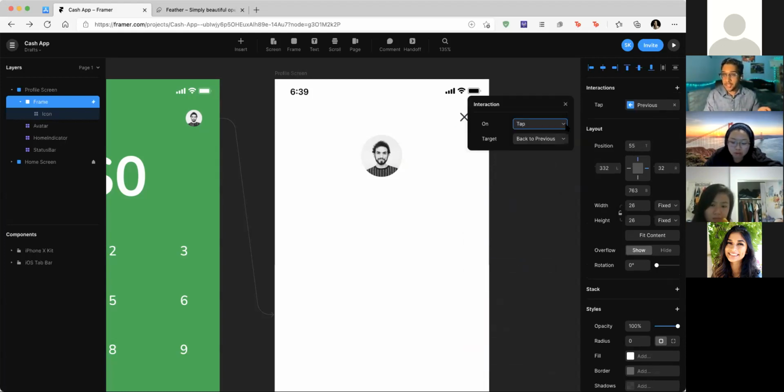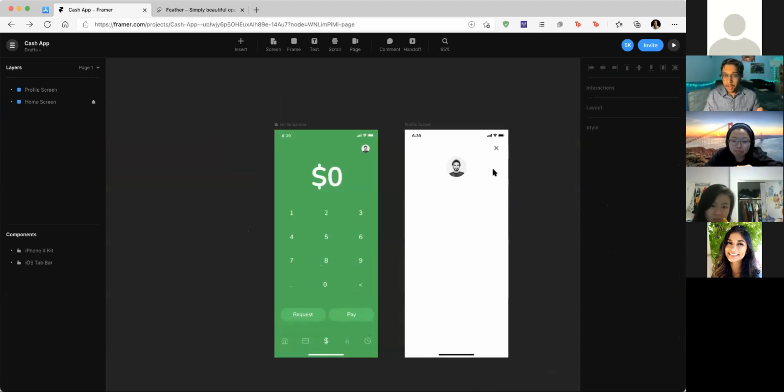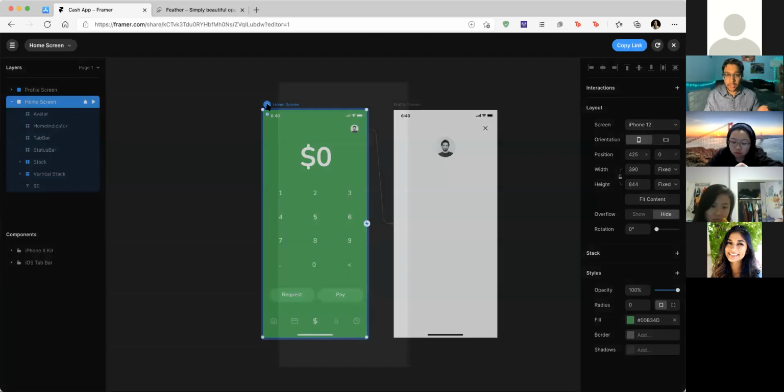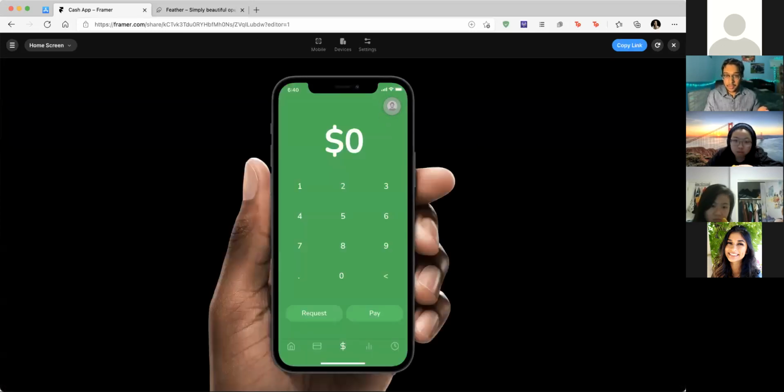We're gonna select transition back, and we're just gonna leave it as is. It's just gonna say on tap, target back to previous. So now I'm going to select home screen and press the play button that also shows up over here. And if you click on the profile screen, and then if you close it, you can see how